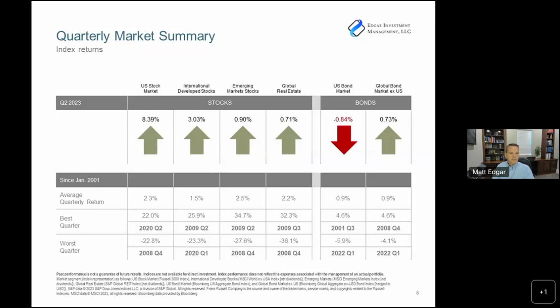So let's take a look at some different markets kind of across the world for the second quarter. So what we can see is the U.S. stock market performed really well relative to its peer markets, but also relative to historical. So you can see 8.39% on the U.S. market versus international developed markets, which had 3.03, just a little over 3%. And then emerging markets came in just under 1% at 0.9%. Global real estate had about